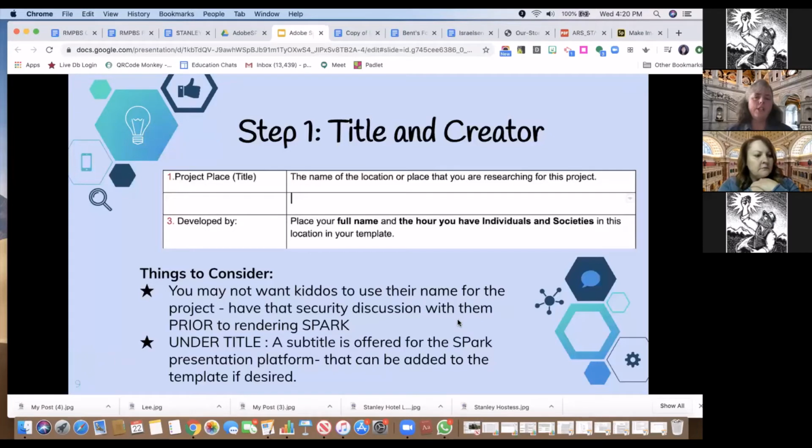In addition to that, it's really important that you know that when we use Adobe Spark, if we transfer this over, there's 2 pieces in the title, and I put a little bit of a visual there for you. Do you see where it says under title, it says a subtitle is offered for the Spark? I highlighted the 2 pieces just as a visual reminder for you. Adobe Spark asks for a subtitle. You don't have to use it,